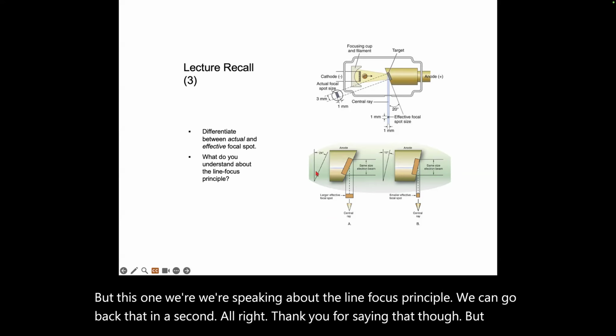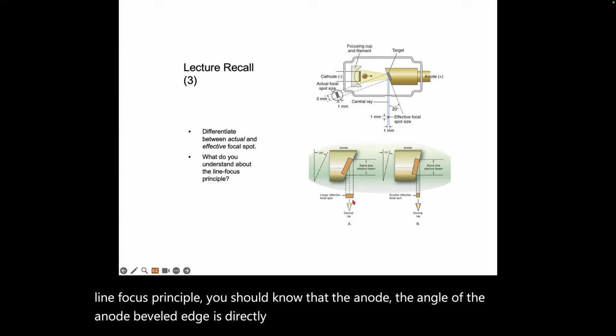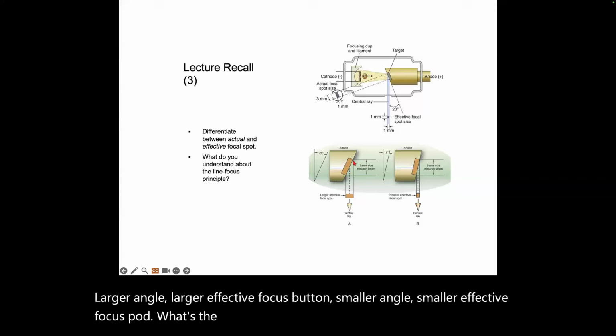But the line focus principle, you should know that the angle of the anode beveled edge is directly related to the size of the effective focal spot. Larger angle, larger effective focal spot. Smaller angle, smaller effective focal spot. What's the difference? The actual focal spot